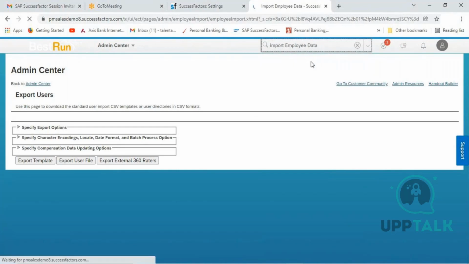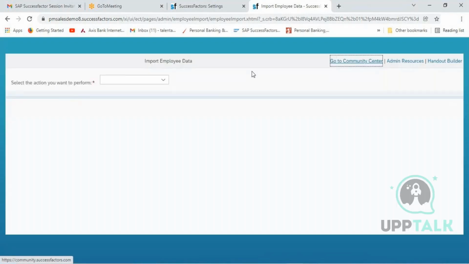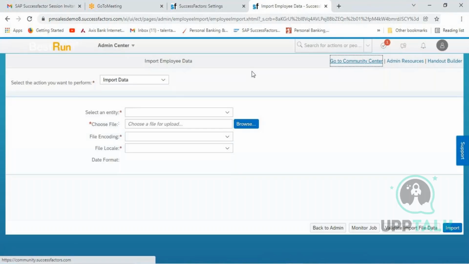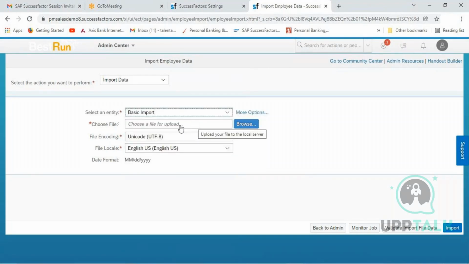We will be continuously using this when we start learning Employee Central. But remember this, we are using import employee data right now. I will explain to you when we start with Employee Central, but I am just using this particular functionality. Select an entity. You will select basic import, choose the file,